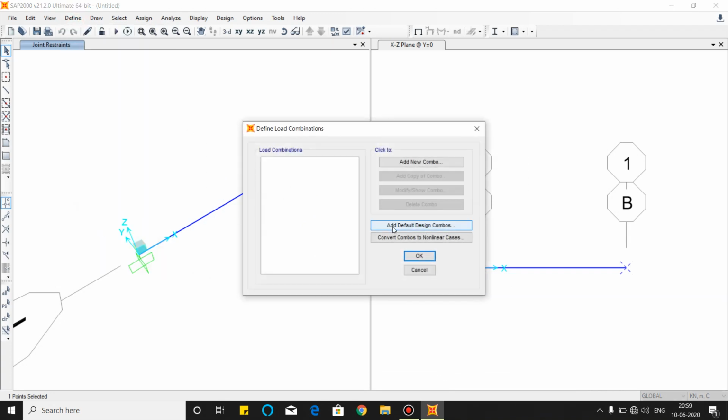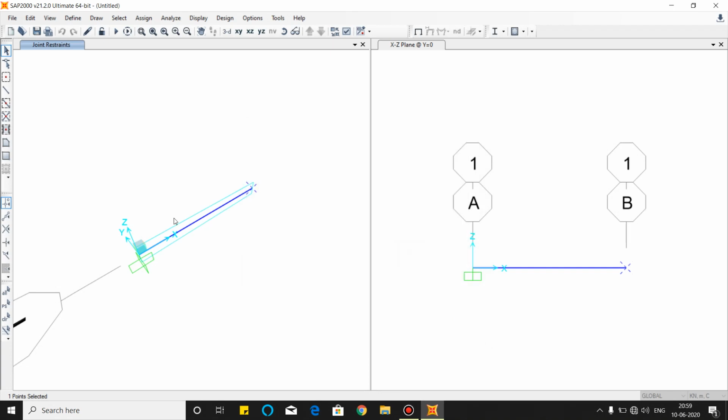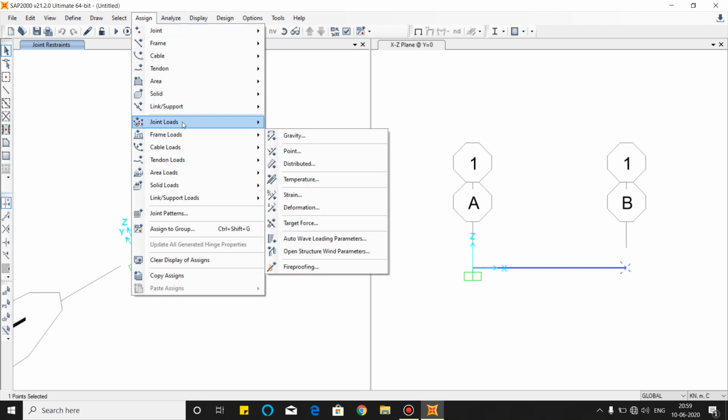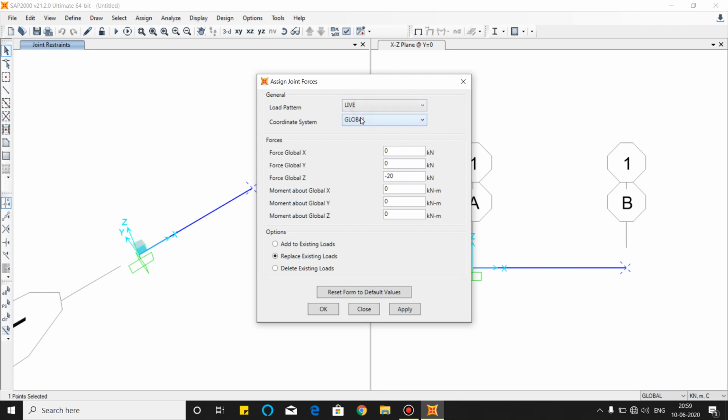We will create the load case. We will not require the modal case; this is generally required in heavy model structures. Load combination: you can also define our IS code design combos, but we will simply add a combo, linearly adding dead load and live load. Dead load add, live load add. Okay.